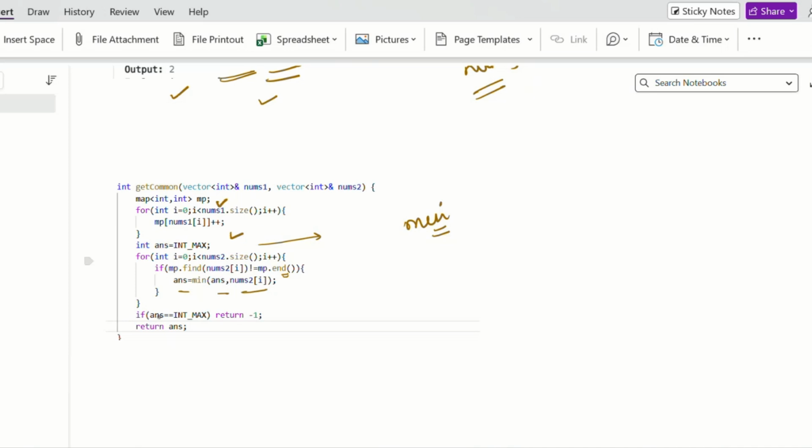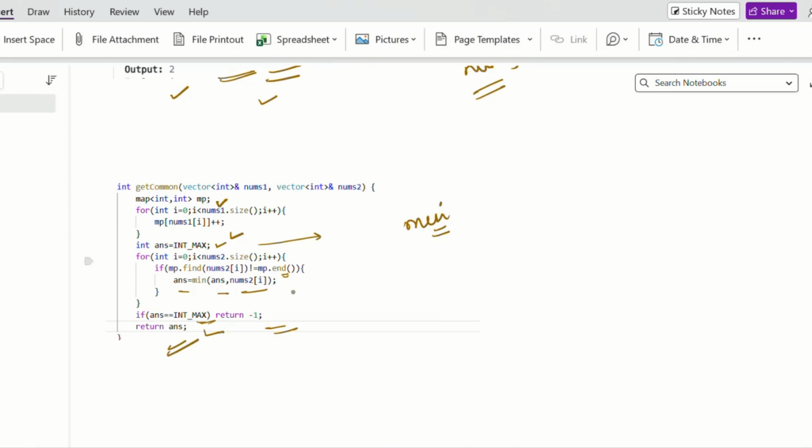Then outside of this loop, if my answer equals int max, then I return -1, which means I'm not able to find a common value. I initialized with int max and at the end I'm still getting int max, so I return -1 since I am not able to find the solution. If it is not equal to int max, then I return my answer.